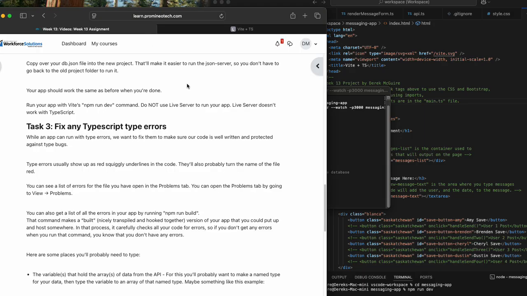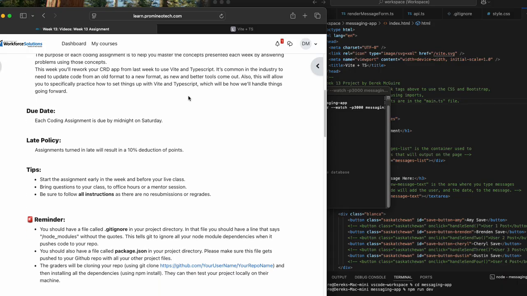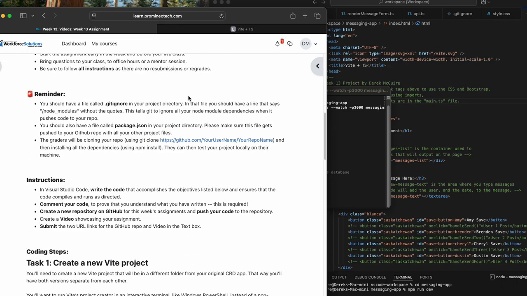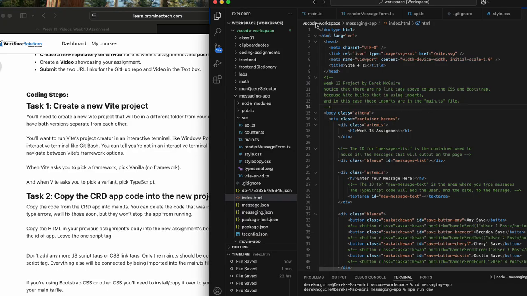This week we had to create a CRUD app using TypeScript and Vite, Vite being a build tool, and create a new project in Vite. And that required going into a command line interface prompt or the terminal, which you can do in VS Code, and running some commands,